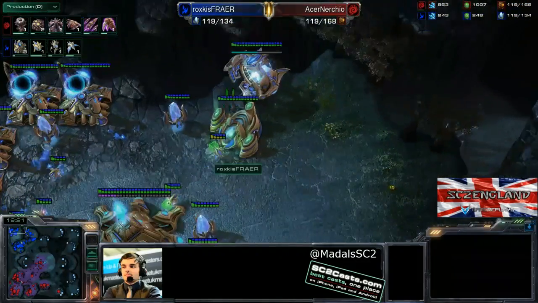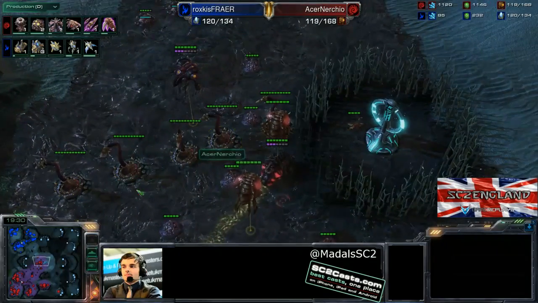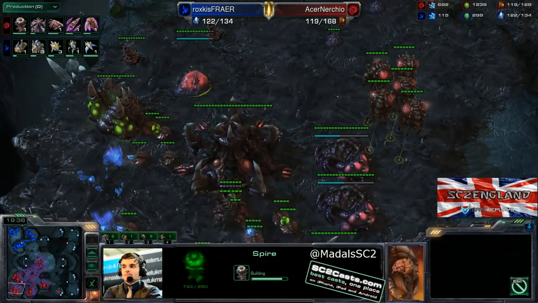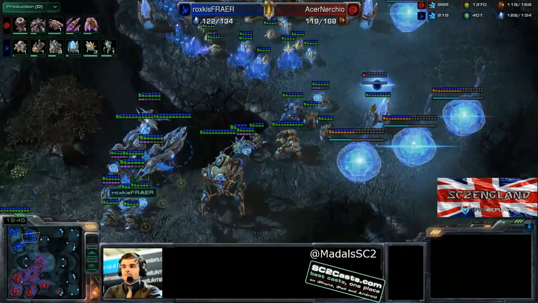And all in all, with yet more air coming out, Fraer is committing quite heavily to the Stargate play, but Nerchio building the Spine Crawler wall, trying to get things up nicely, getting up expansions absolutely everywhere. His Spire is nearly complete as well. That means Mutas, most likely, maybe some Corruptors as well chucked in just to help deal with things, but with